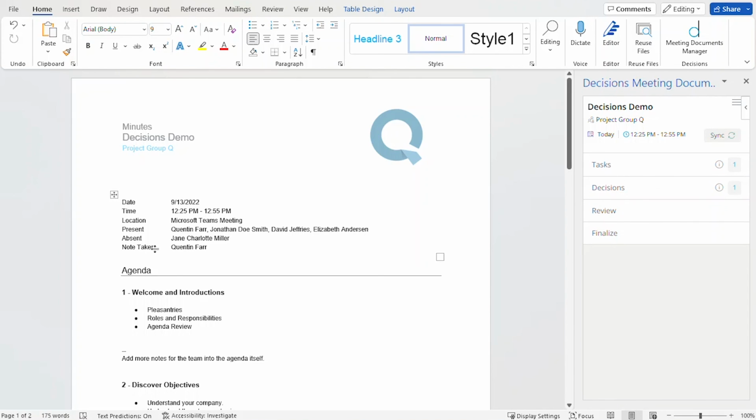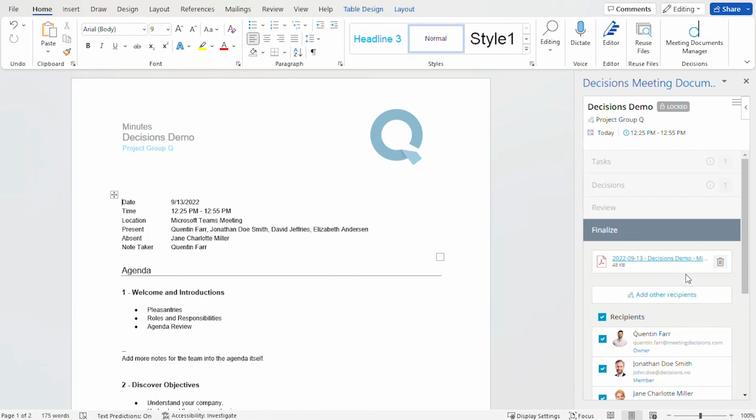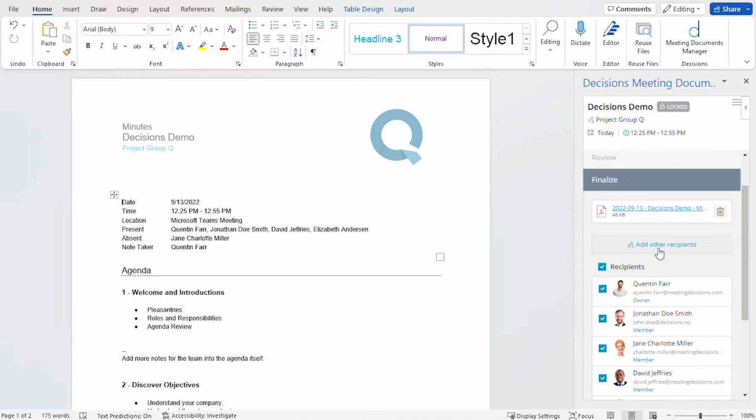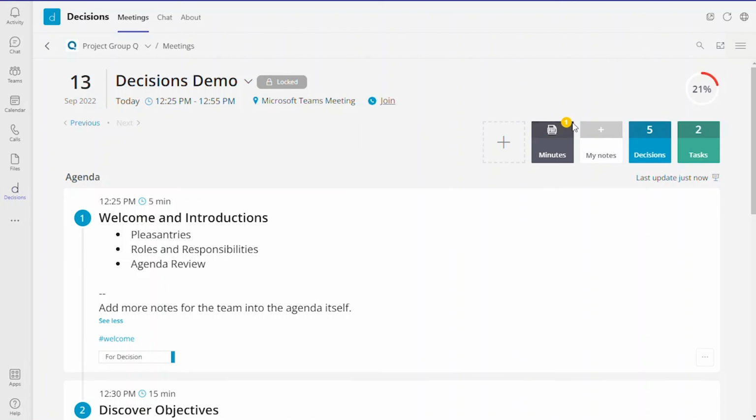Most of what we see is people just look at it, take a quick glance and say, yeah, that looks good. And then they actually finalize it as a PDF. So from here, this is going to convert my Word doc into a PDF. It'll convert it here, allow me to view it, and then I can even send it out to the rest of the team saying recap complete. And when I click send, it will actually send an email to everybody that was in this little list here. The final piece here, everything is automatically saved to the agenda itself as well.